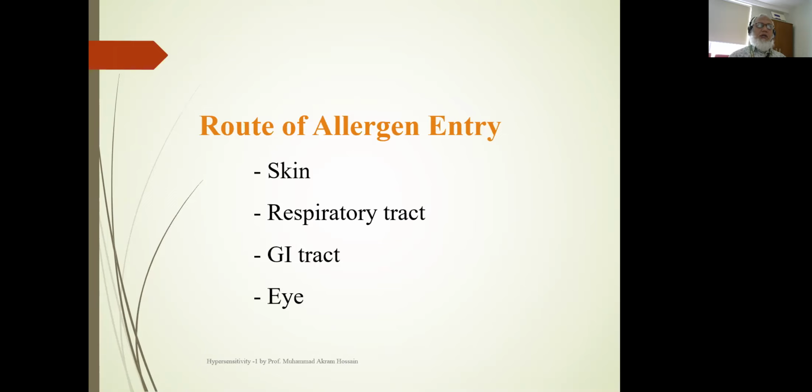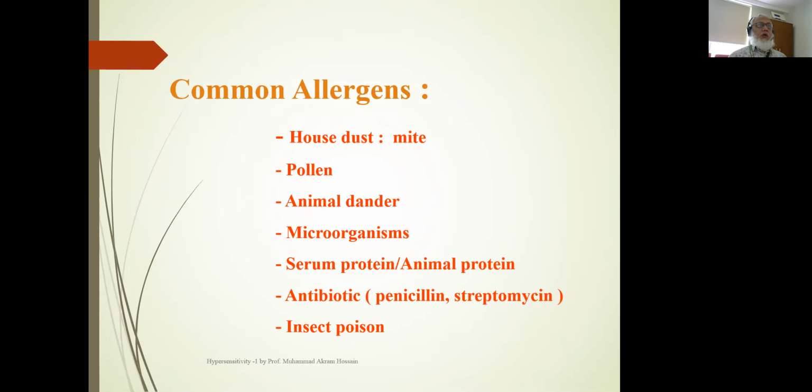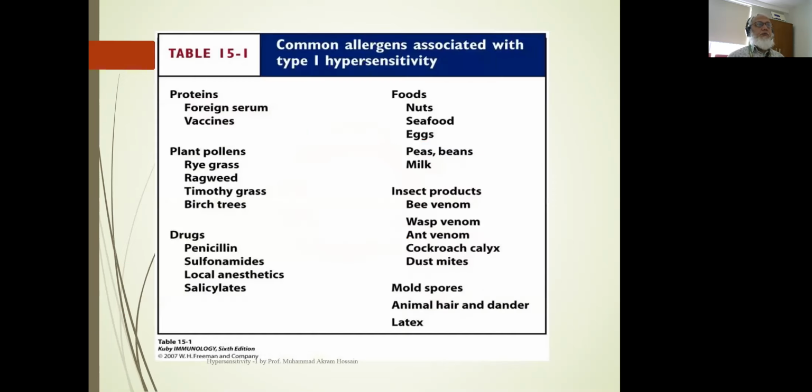Route: we all know, they can enter through skin, respiratory tract, GI tract, and eye. সবাই আমাদের কারো না কারো এক্সপিরিয়েন্স আছে, চোখ জ্বালা পোড়া করে। GI tract দিয়ে ঢুকলে আমাদের ডায়রিয়া হতে পারে। রেসপিরেটরি ট্র্যাক্ট আমরা সবাই বুঝি, হাঁচি কাশি, স্কিন চুলকায়। Common allergens are house dust, mite, microorganism, animal protein, even some antibiotic, insect poison. কারো কারো মশা কামড়ালে বা সাপ পোকা কামড়ালে অনেক বেশি ফুলে যায়, এগুলো অ্যালার্জেনের এক্সাম্পল।